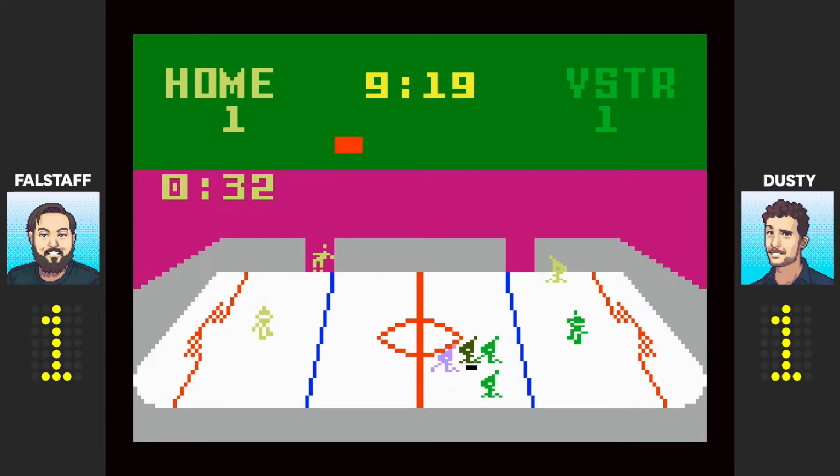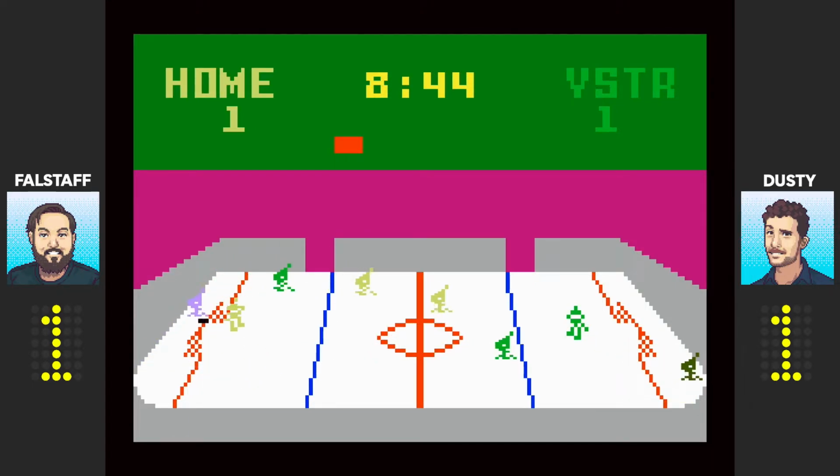Okay, well, prior to pressing the record button, we kind of messed around. The learning curve is about maybe 2 minutes. Yeah. Without having the original hardware and looking at your controller. Yeah, there was not a single RF input used in the recording of this. We're playing as we normally do on a Raspberry Pi 4. Wow, so look at that. Now that he's out of the penalty box,